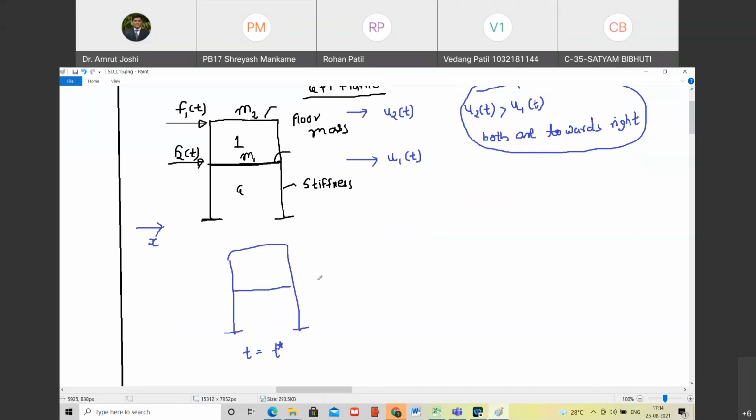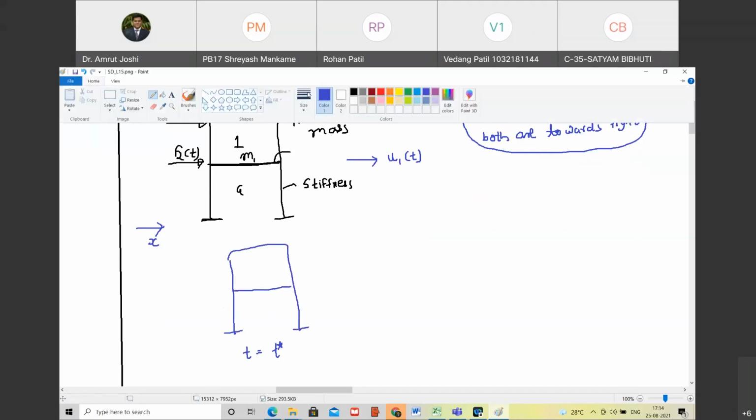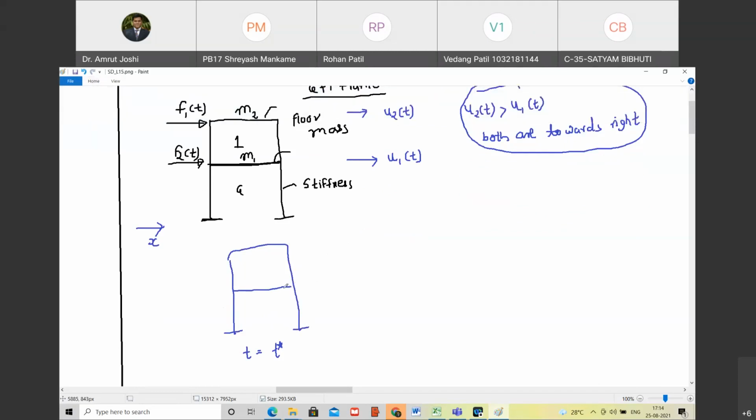Yes, sir. Let me draw the deformed shape at a particular instant of time, and I assume that this slab and column connection is a fixed connection. Slab is infinitely stiff, so the stiffness of slab is infinite in comparison with the column stiffness. Column is flexible, so how does the deformed shape look like? I'm now only going to draw the deformed shape of the ground story. The ground story deforms in this fashion. Are you with me? Yes, sir. The ground story has deformed in this fashion.